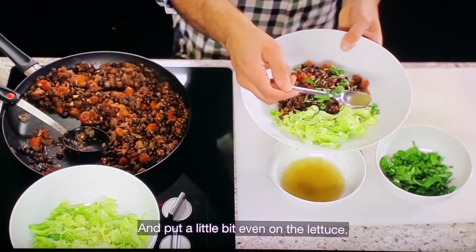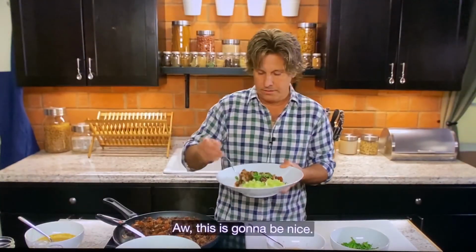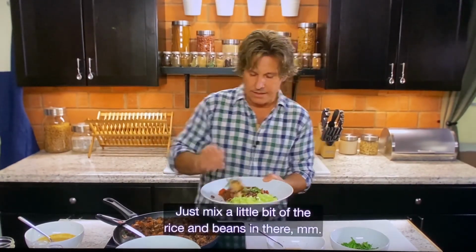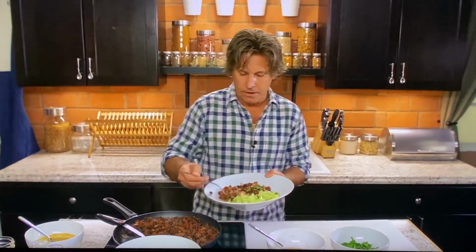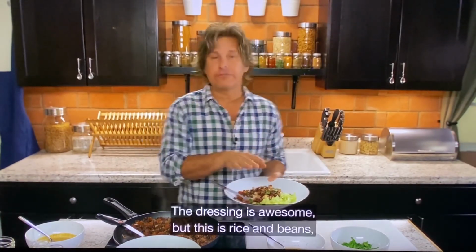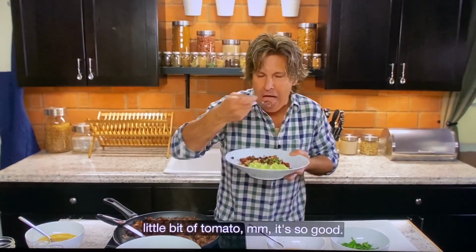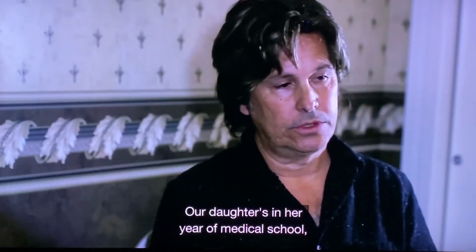And put a little bit even on the lettuce. There you go. All right. Oh, this is gonna be nice. Just mix a little bit of that rice and beans in there. It's gonna be so good. So good. The dressing is awesome, but this is rice and beans, a little bit of tomato. It's so good. Our daughter's in her third year of medical school, and I asked her